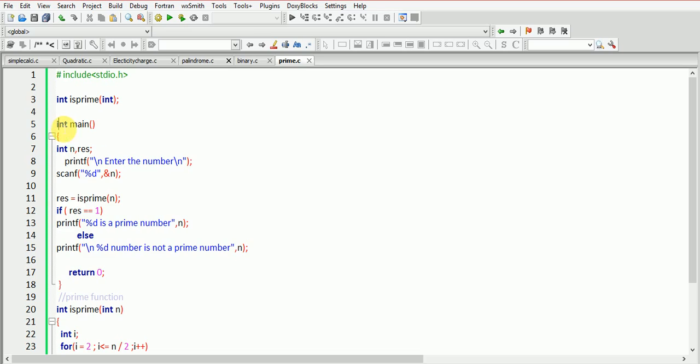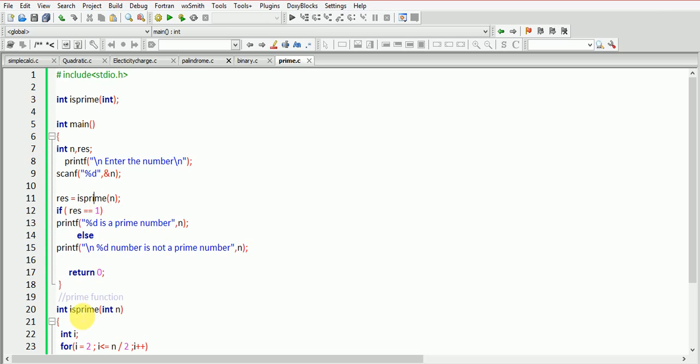Now as I said, the execution of any program begins with main, and main is of type int. Now I am initializing a variable n, a number which will be entered by the user, and we need to store the result. So I am using a variable result, and both are of type int. Now I am going to print a message asking the user to enter a number, which is done by the output function printf, "Enter the number". Once the user enters the number, I am going to store it in the address of n. Now my isPrime function will be called, that is isPrime of n.